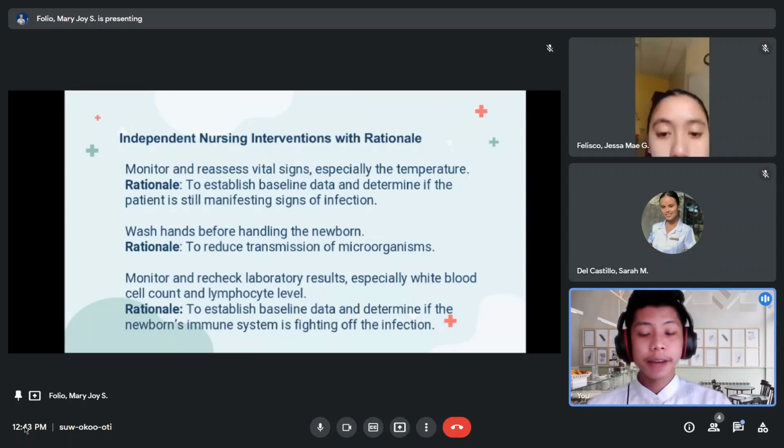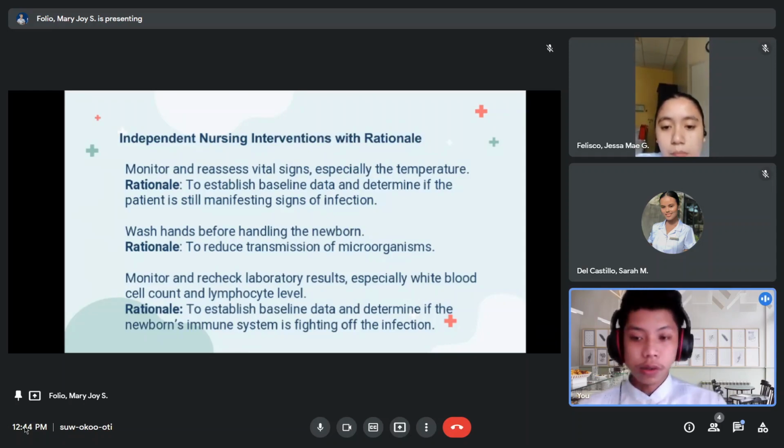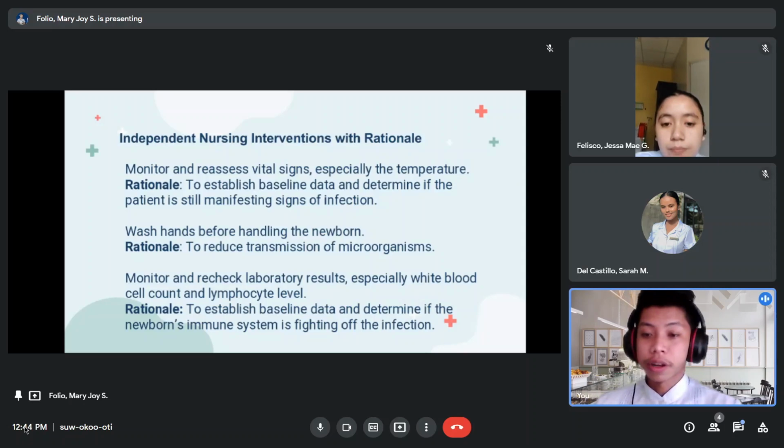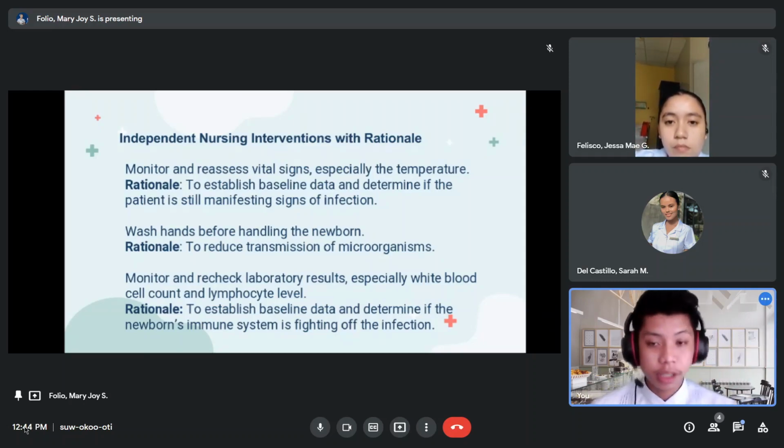So we have here the independent nursing interventions with the corresponding rationale. First, we will monitor and reassess vital signs, especially the temperature. This is to establish baseline data and determine if the patient is still manifesting signs of infection. Signs of infection include